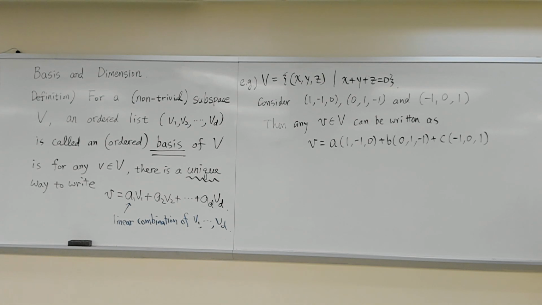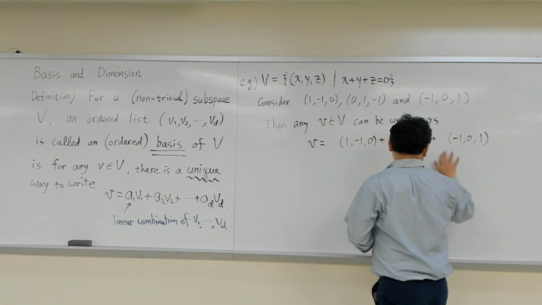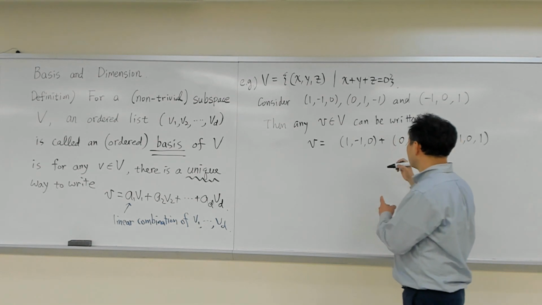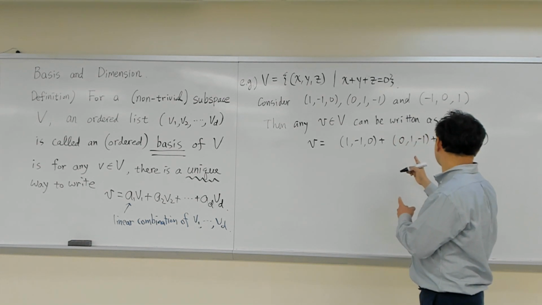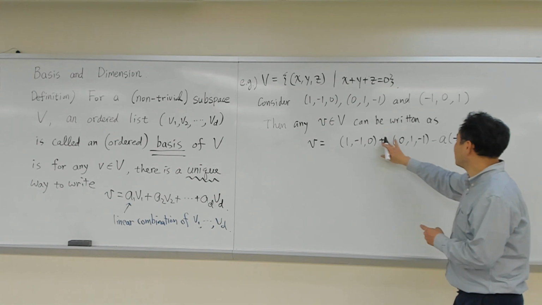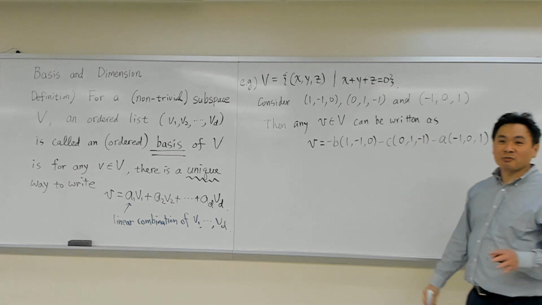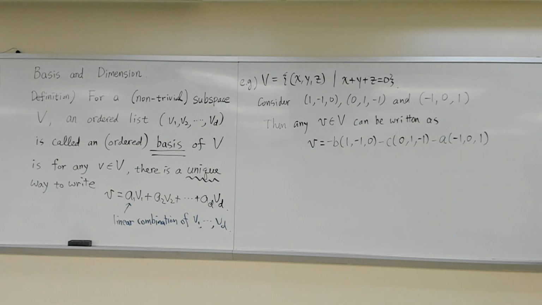Sorry, let me switch things a little bit. I want this one here. Okay, so sorry about that. I want a to be here, and no, that's not going to be good. Okay, I'll put a minus a here, then minus c here, minus b. Forgive me for the weird way of writing this. I should really be writing a, b, c, but I'm writing negative b, negative c, negative a, because if you simplify this into a single vector,